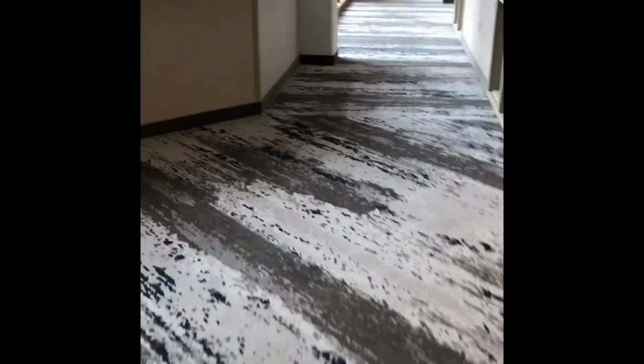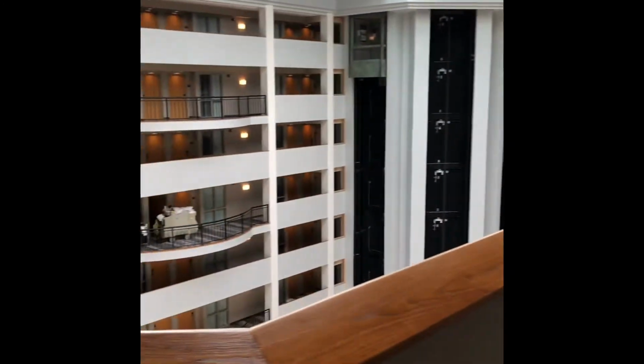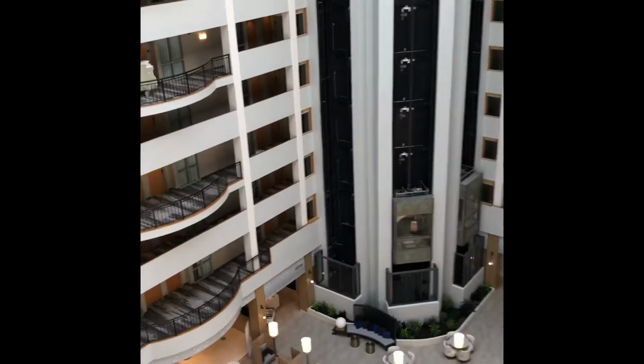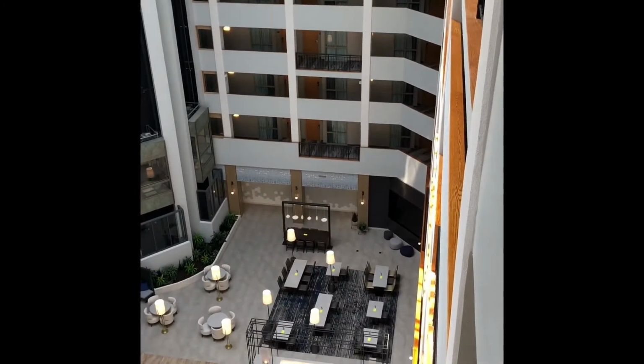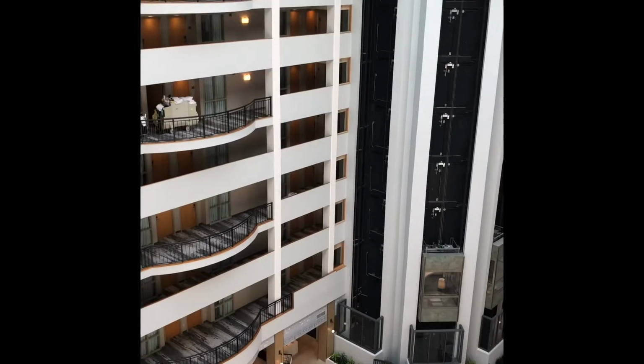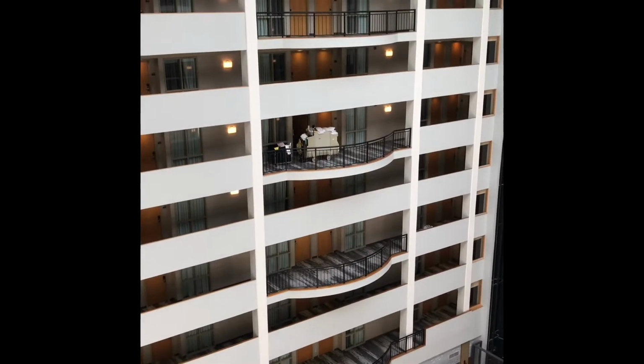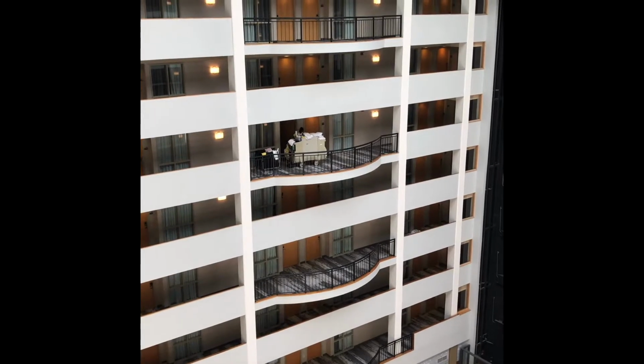So one of the rules is we have to be quiet when we're walking up here. So these are all the rooms, and they go all the way around the atrium. This area is called the atrium. So basically, this is 9 floors, so we are in charge of helping clean 8 of the floors. You can see a housekeeper is over there